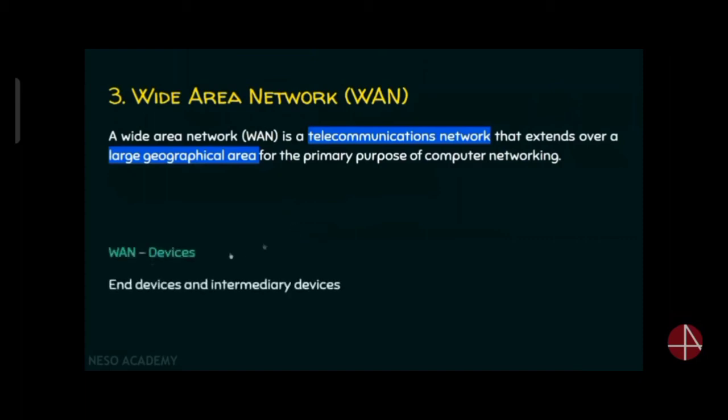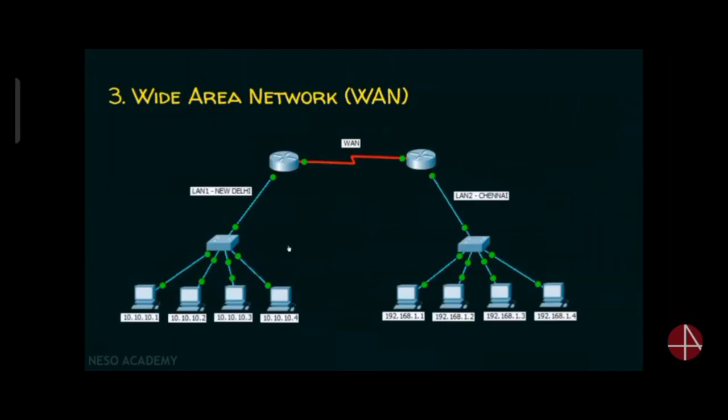The devices in WAN are all end devices and intermediary devices. Because an end device in one part of the country may want to communicate with an end device which is in the other part of the country. And some authors will refer this wide area network to be the internet. We will see an example now. And there are two local area networks. One local area network is in New